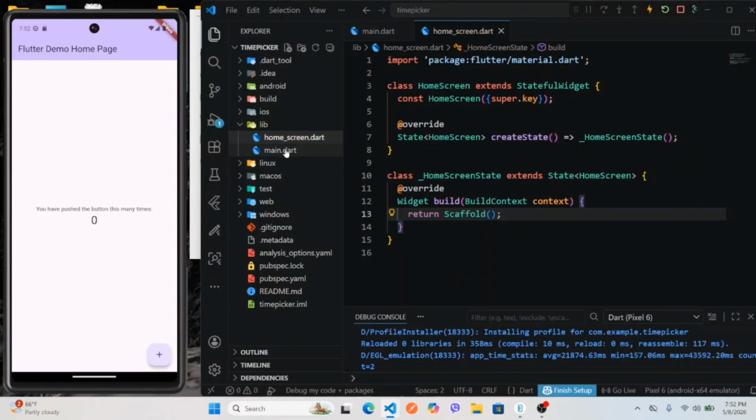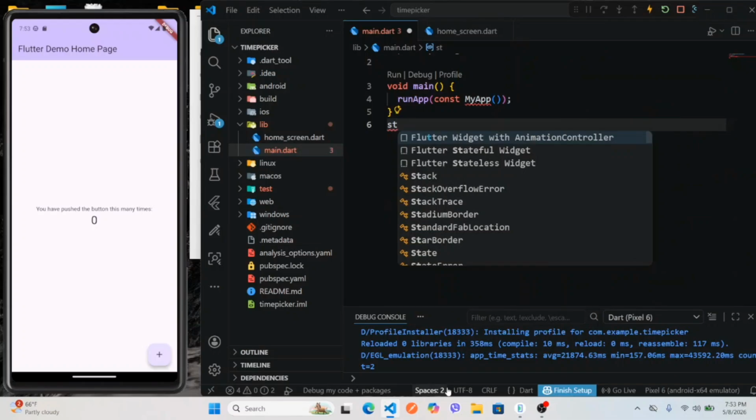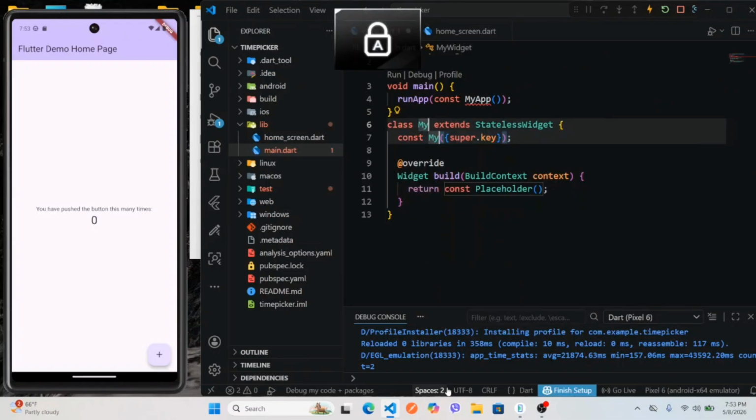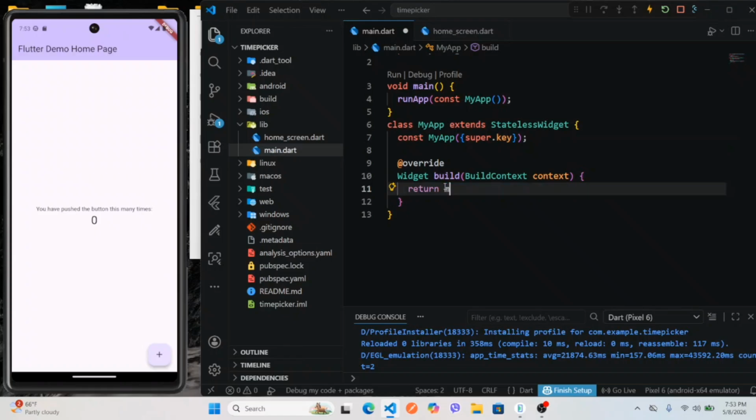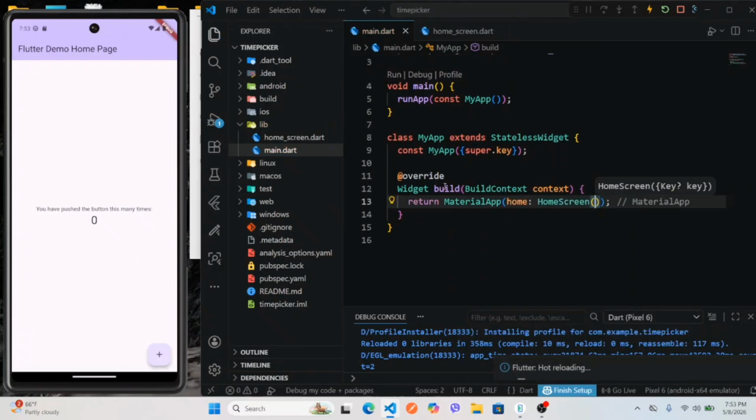Now open up the main.dart file and let's remove this stateless widget. Let's create a new stateless widget and set the class name to MyApp. Okay, perfect. Now let's return here MaterialApp. Now give the home to the MaterialApp, the HomeScreen we have just created,